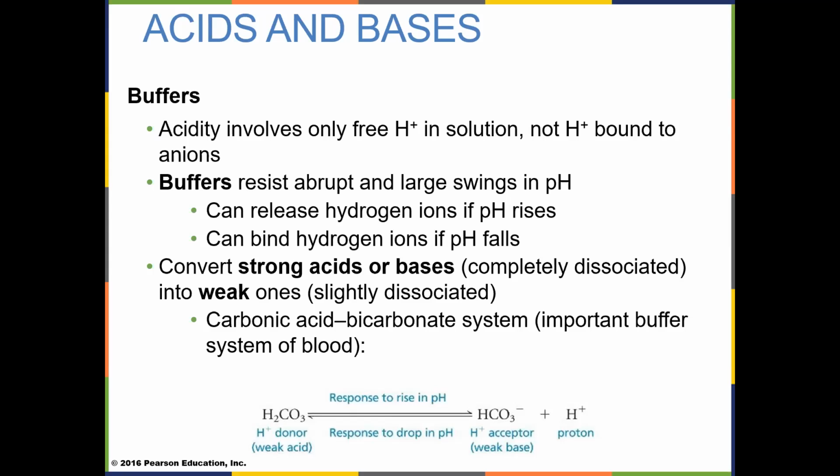So we can take a strong acid and convert it to a weak acid. We can convert hydrochloric acid into carbonic acid. We will buffer the presence of strong acids and strong bases in our bodies. And the most important buffering system, you don't have to remember this again until AP2, is the carbonic acid bicarbonate method, because we use sodium bicarbonate in our bodies all the time. Sodium bicarbonate and carbonic acid work together to help regulate our blood pH at 7.4.